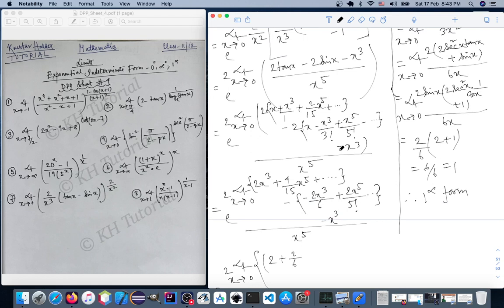Let me check if I've used the correct expansion formula for tan x and sin x. 2 tan x is this, okay. Oh, sorry, x cube by 3. This will be 3. This is 3 and x minus x, okay. So this becomes 2 by 3, 2 by 3 and minus 1 x cube,